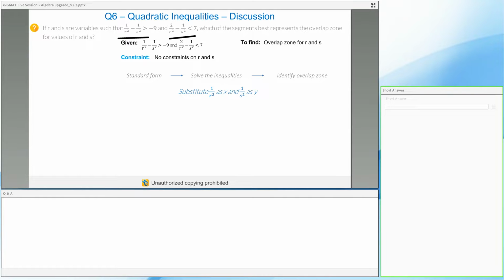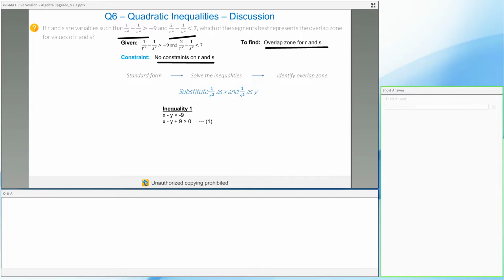Obviously you need to keep in mind there is no constraint on R and S, that is one thing, and I'm looking for an overlap zone between R and S. So basically that means you need to find out the range of R, the range of S, and see what is the common part where both R and S satisfy. Okay, so once I substitute this, I'll get my equation something like this: x minus y is greater than